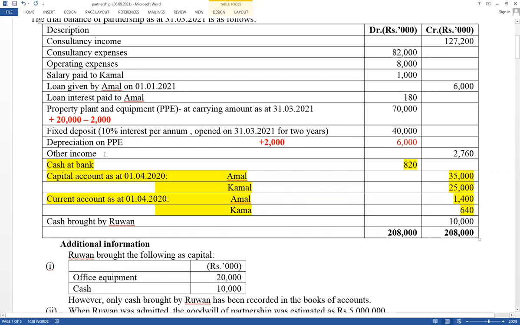Therefore, now think about the correct depreciation value, equal to 6,000 plus 2,000, which is 8,000. It should be included under expenses as depreciation. But under non-current assets, as property, plant and equipment, think about the closing balance: 70,000 plus 20,000 minus 2,000. Therefore, property, plant and equipment should be included under non-current assets and depreciation should be included under expenses. Therefore, record depreciation as well as property, plant and equipment. Depreciation should be included in the income statement, property, plant and equipment in the statement of financial position.